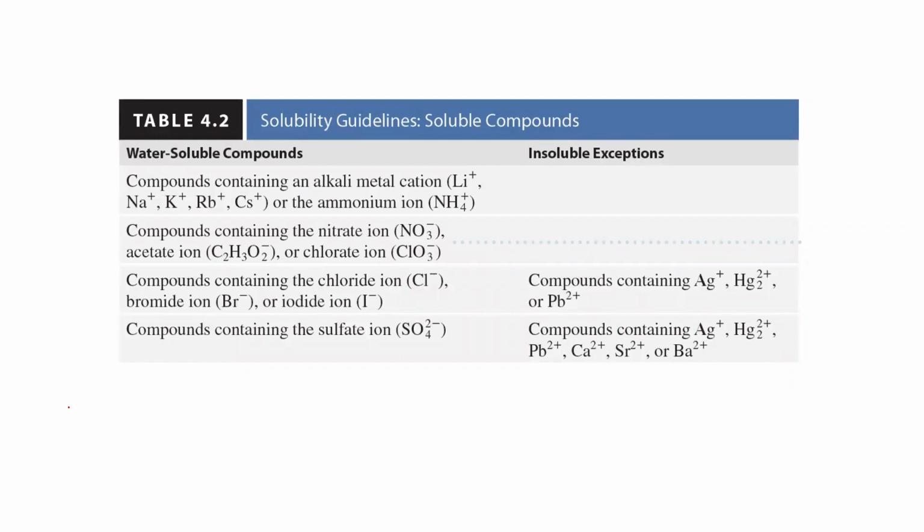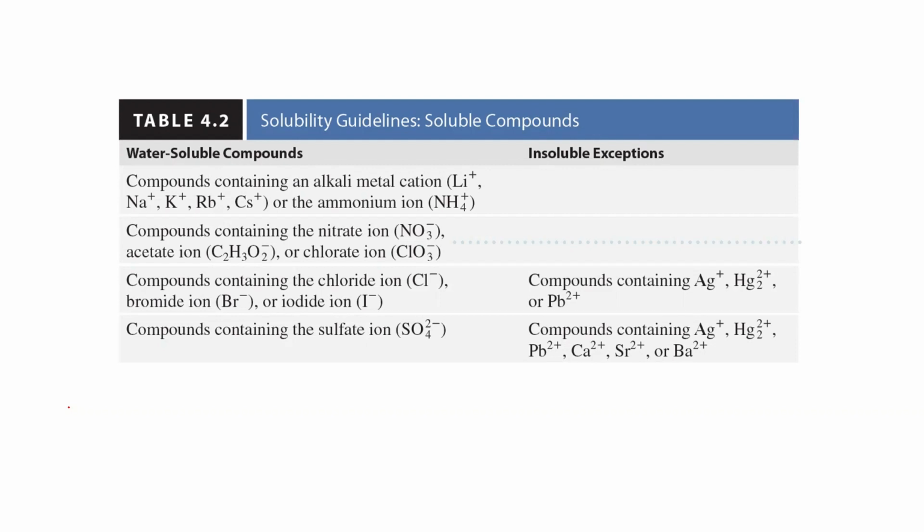So anything with lithium, sodium, potassium, rubidium, cesium, and ammonium ions is soluble. Everything with nitrate, acetate, and chloride ion is also soluble. Anything with chloride, bromide, and iodide ions is soluble, except when it is with silver, mercury 1, or lead 2 ions. Anything with sulfate is soluble, except when it is with silver ion, mercury 1 ion, lead 2, calcium, strontium, and